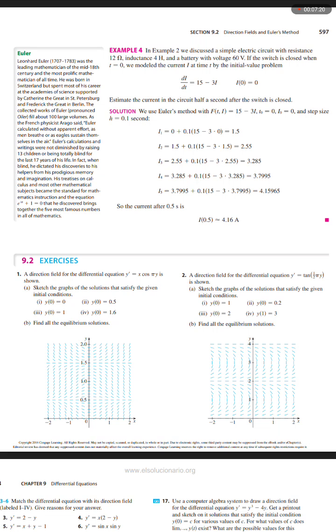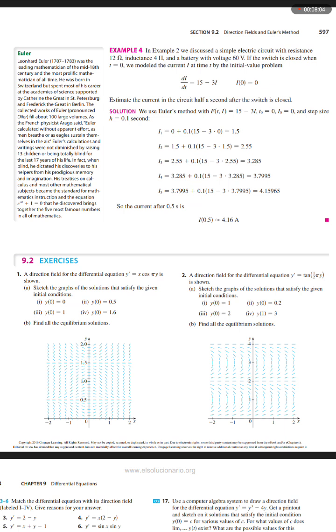Big I sub 1 equals 0 plus 0.1 times (15 minus 3 times 0), equals 1.5. Big I sub 2 equals 1.5 plus 0.1 times (15 minus 3 times 1.5), equals 2.55. Big I sub 3 equals 2.55 plus 0.1 times (15 minus 3 times 2.55),